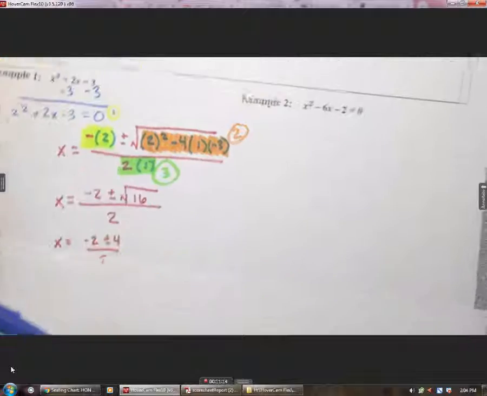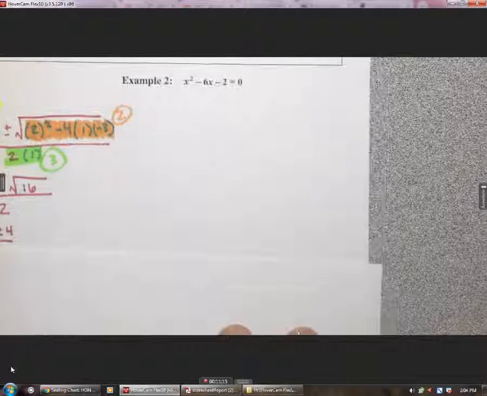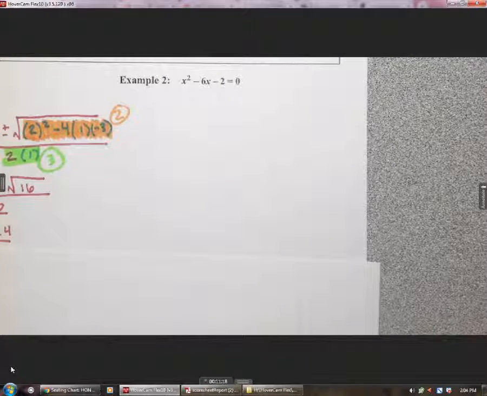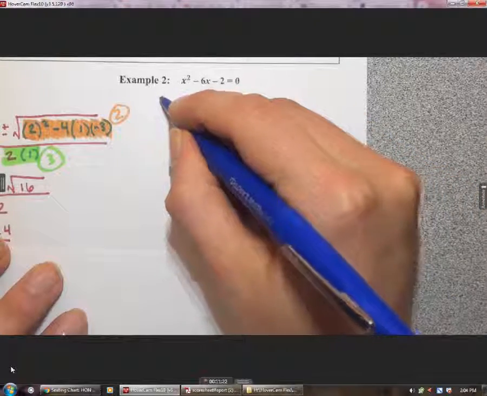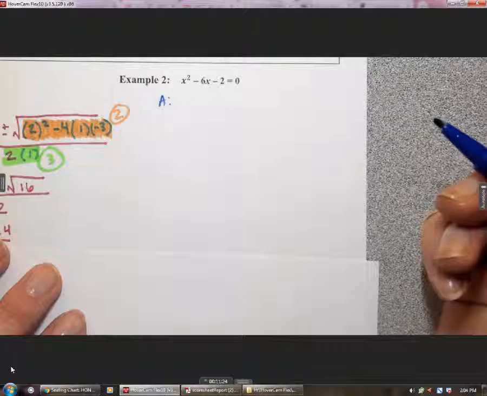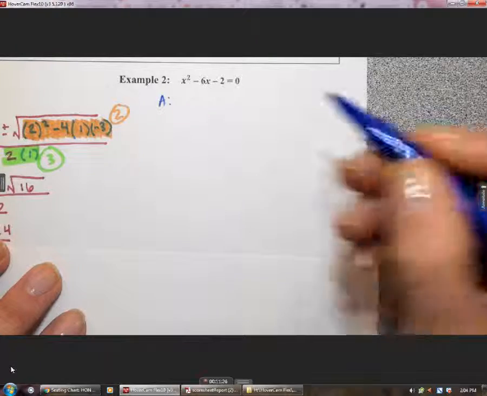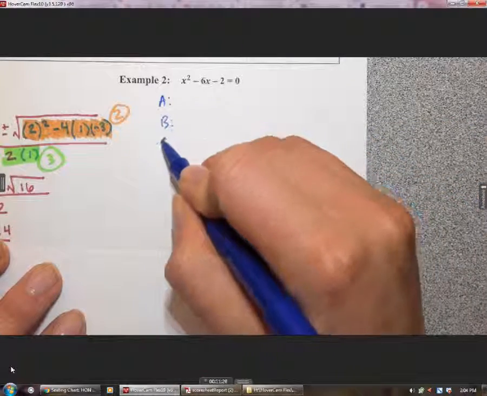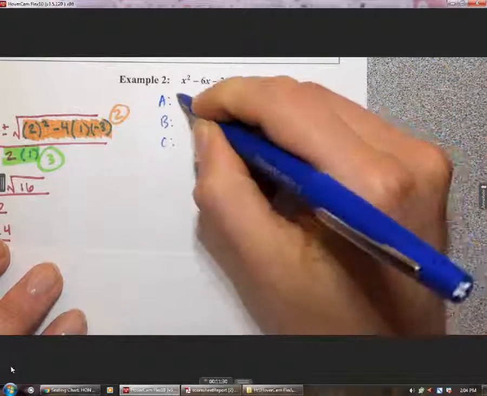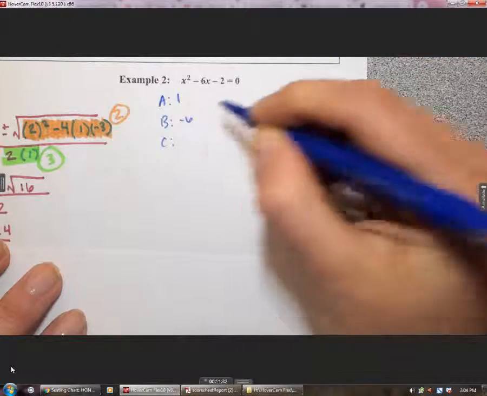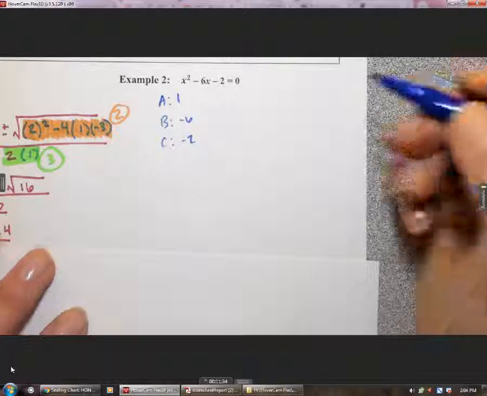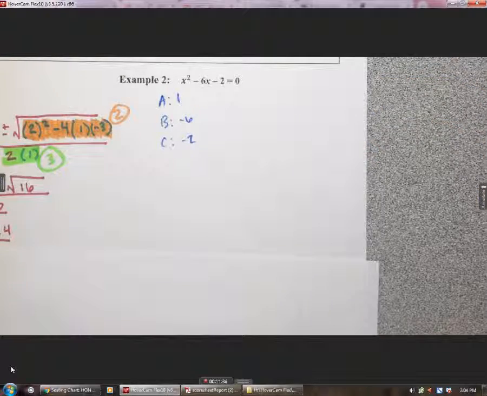I want to go back to example 2. We're going to try this one out again. What's A? 1. B is? 6. C is? Negative 2. Good. So my equation is x equals